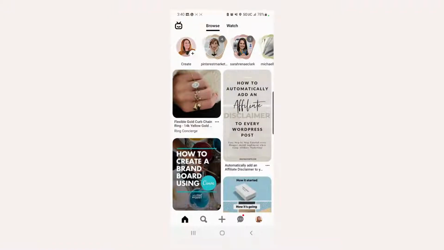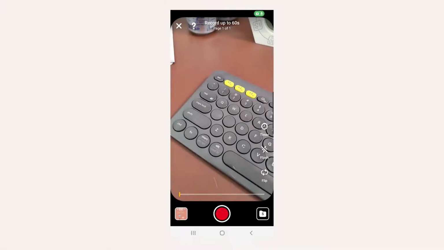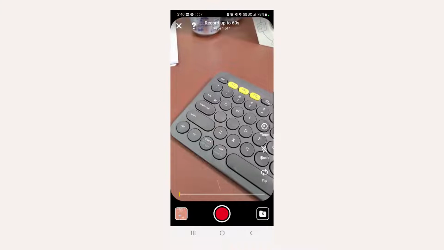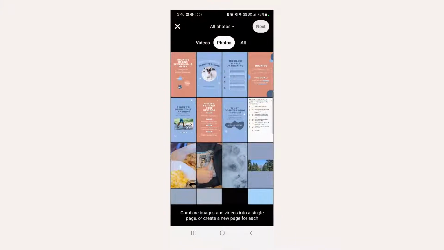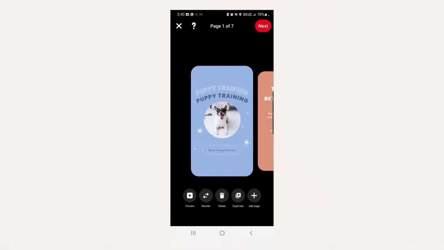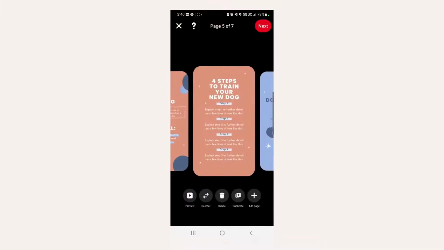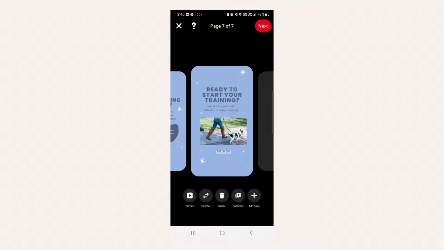When you're on your Pinterest account on your mobile phone, you'll click the plus sign at the bottom and you'll click Idea Pin, and you will go to your gallery at the bottom and click on photos and go ahead and add all of those same photos from your Canva template. And so we want to make sure we put them in the right order, and we will click next. And so now you can see all of your slides are here, but let's say you want to add that